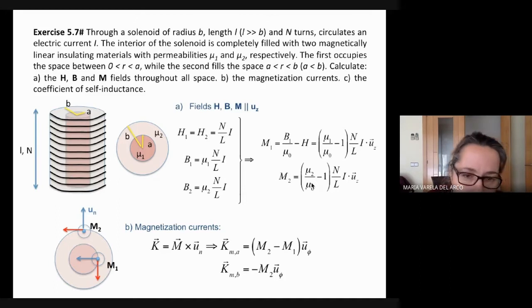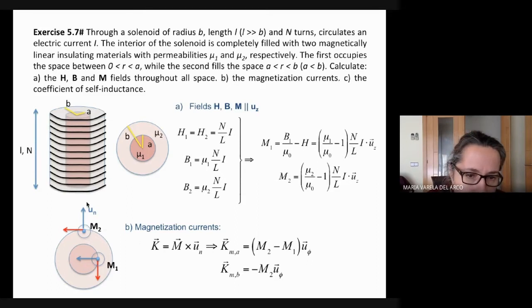Magnetization currents, just like before. The magnetization current can be calculated on every surface by just multiplying M cross the normal vector. The only thing is that in the external surface, the normal vector is the radial vector pointing towards the outside of the solenoid, and in the inner surface, the UN in blue here is the normal vector pointing again towards the center of the solenoid. Nothing new there. Now, interesting, the one thing that we have to take into account is that radius equal B, where the normal vector is UR. It's not difficult to see that the